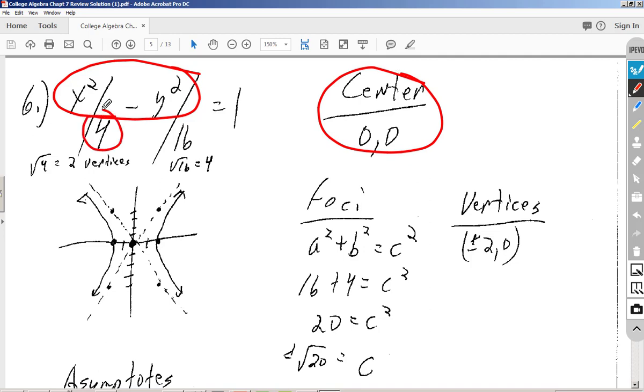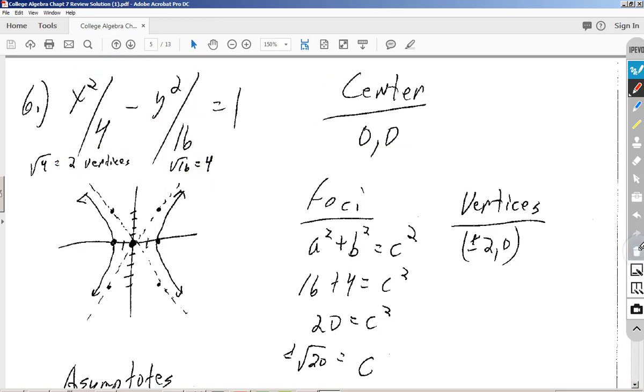So here's my vertex. The square root of 4 is going to be 2. And then my minor vertex would be the square root of 16, which is equal to 4. So to graph this, I go to the center, which is 0, 0. This is going to open in the x direction because x comes first. So I'm going to move 2 along my x-axis, or horizontally. And then from there, I'm going to move a total of 4 to form my asymptotes. I'm going to go up 4 and down 4, forming these